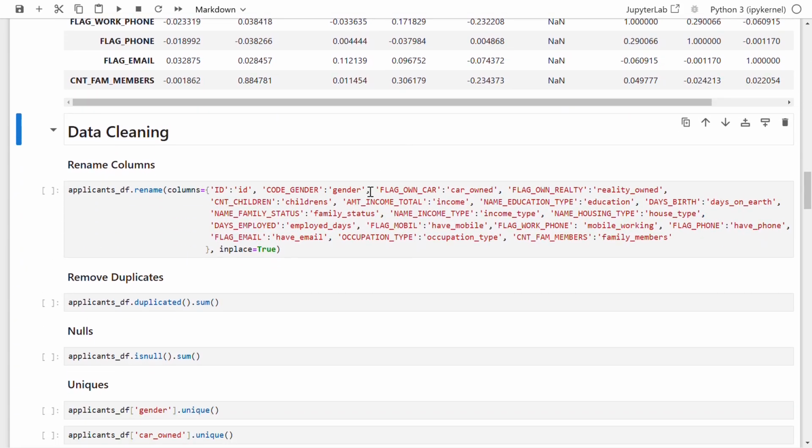After that, I am going for data cleaning. So the first step I am doing is renaming the column names. To rename the column names, we have a rename method in pandas. Using the rename method and applying it to the data frame variable, I am renaming the column names,